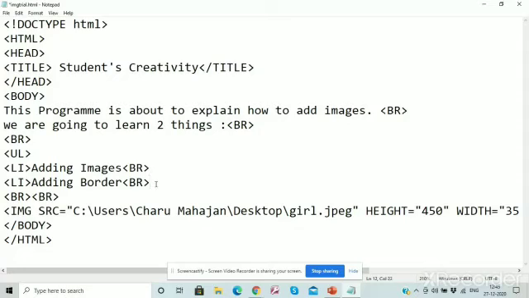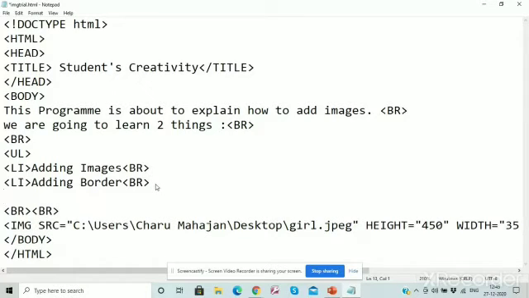Now after completing my list, I have to end it. Now we don't have to give this br command. As we are using the list command, we don't need this command.